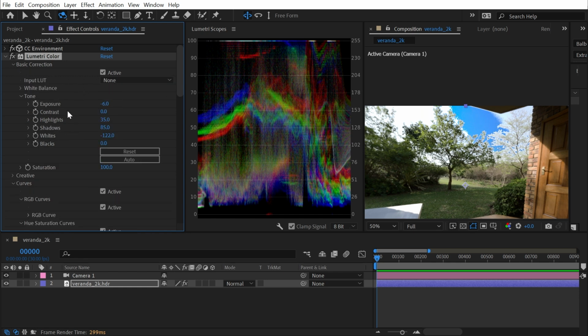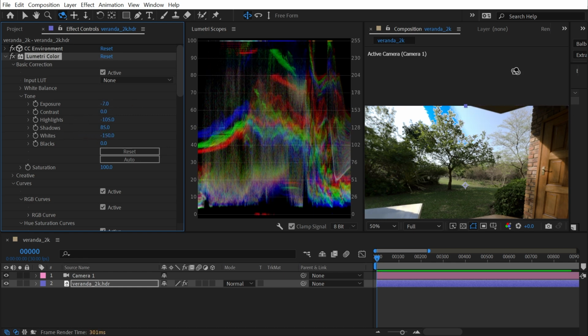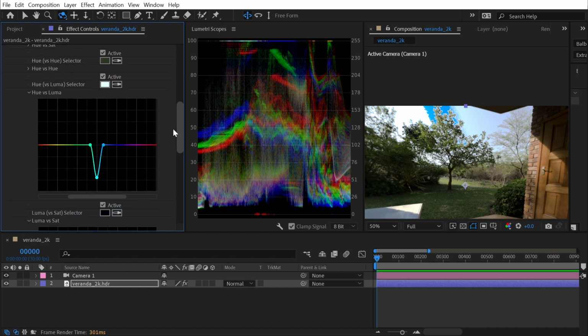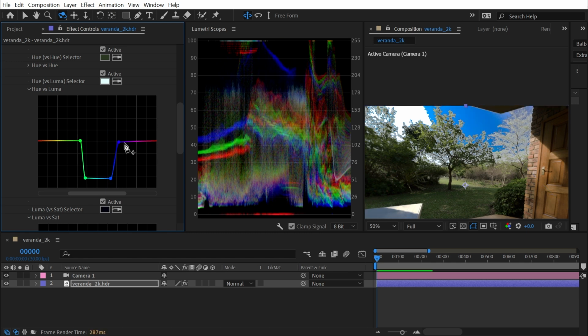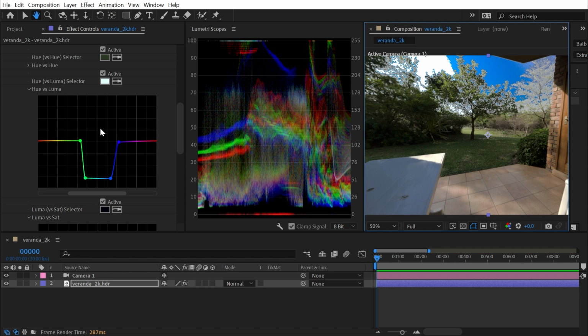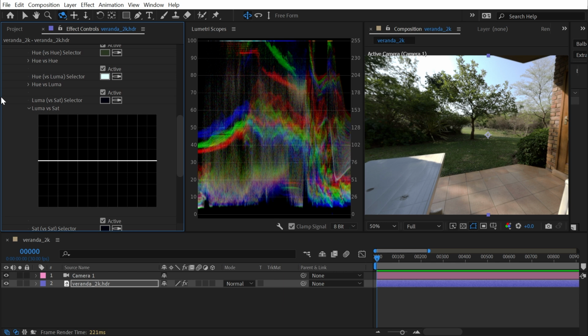So if I wanted to, I could go back into my exposure, dial that back a little bit more, maybe decrease the highlights as well, and even the whites a bit more to bring back some more of that sky detail. Then come back down to my hue versus luma, and maybe widen this out a little bit more so I select more of that sky. And I could even add another point by clicking right here and dragging this down to make my curve a little bit more tight. Now this is a very extreme adjustment, but you can see what exactly you're able to do with this. All right, I'm gonna double click on that to reset it, collapse that up, and next up